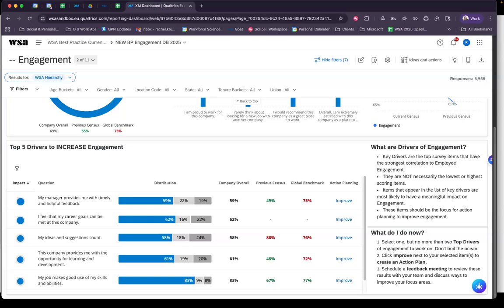Okay. Well, there's a couple different things that can be done. They could share the dashboard with the leaders in more of a meeting setting, kind of like what we're doing today. Maybe not just a webinar, but it could be through a virtual meeting where they can see the dashboards. Or